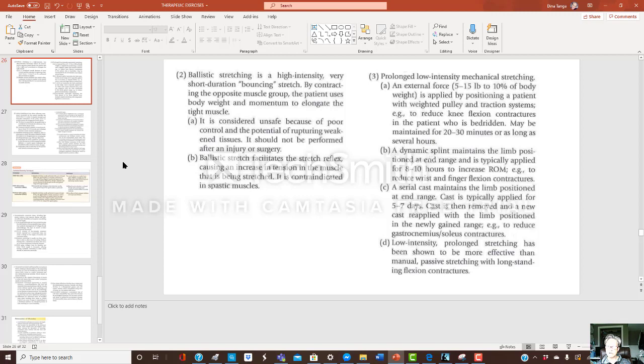A serial cast maintains the limb positioned at end range. A cast is typically